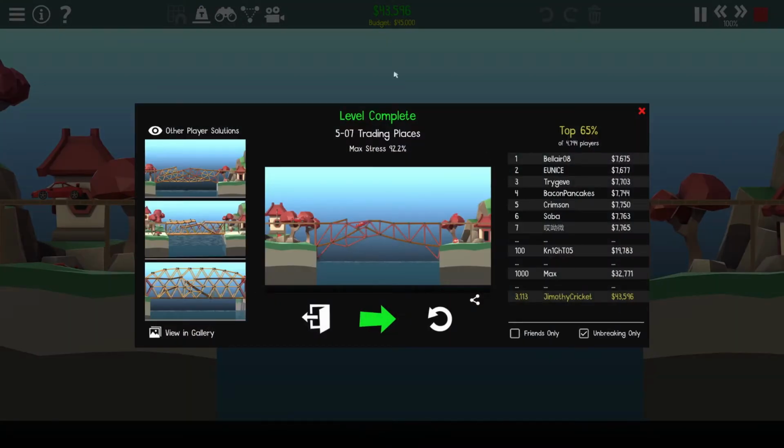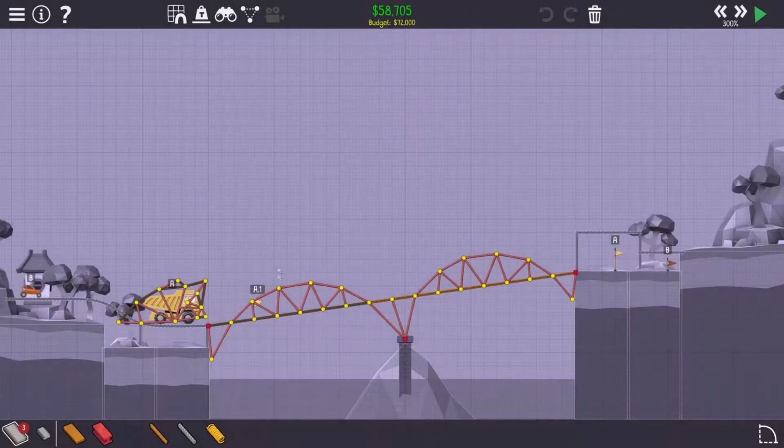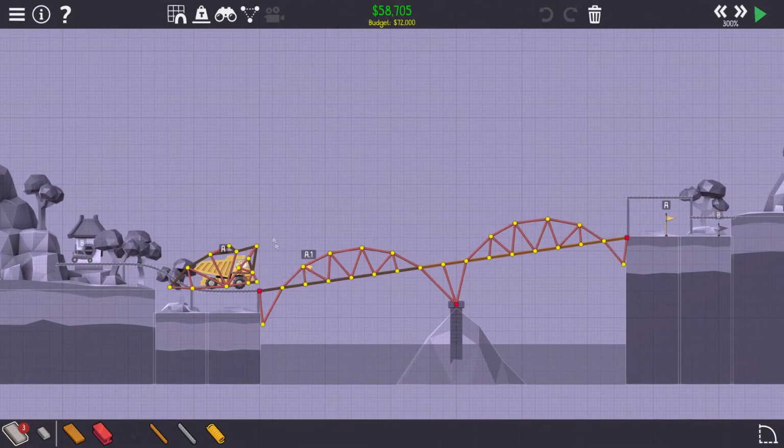Dealing with stress as well as budget are two main factors for this bridge. Halfway through now, and we have level 5-8 passing by. In this level we have our dump truck A hit its checkpoint before B starts going. B, however, then needs to get over A and get into the cubby on the right side of the level